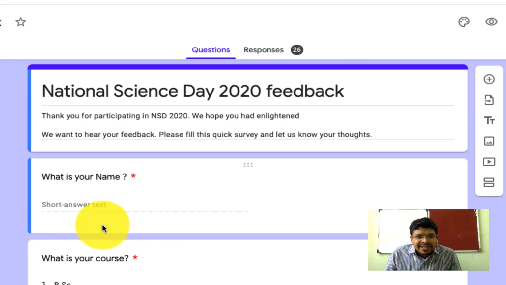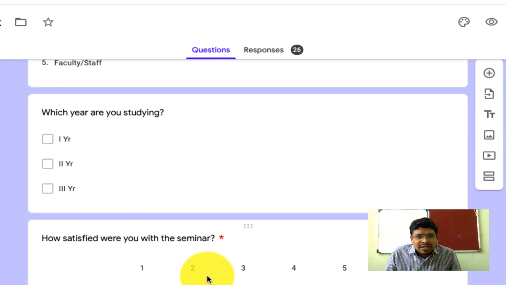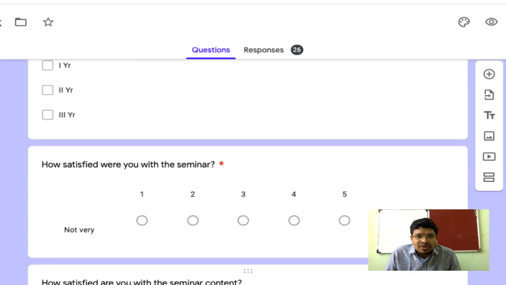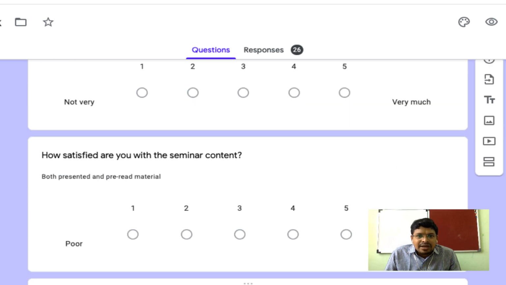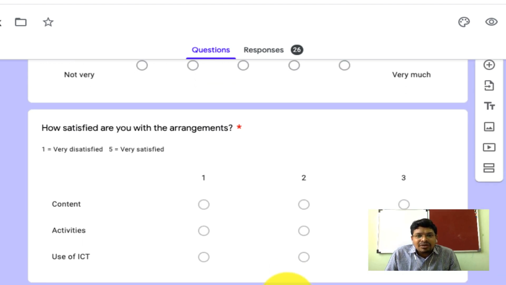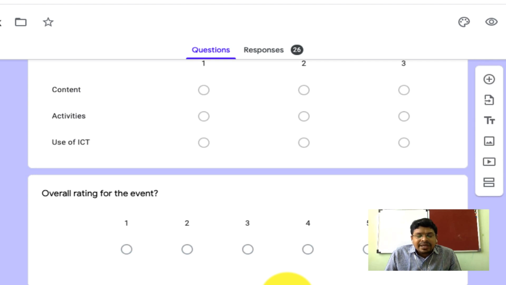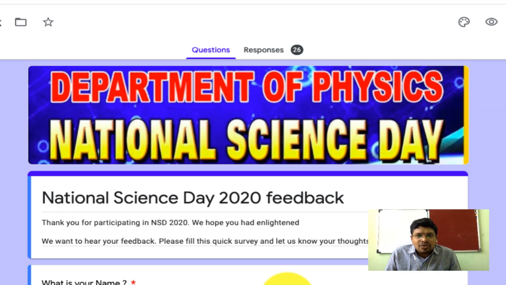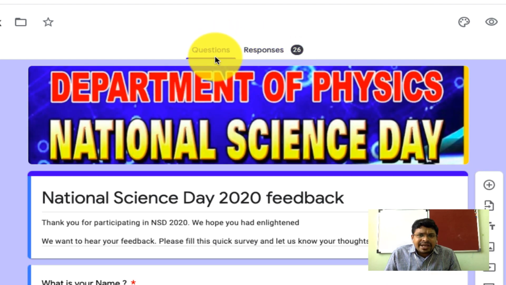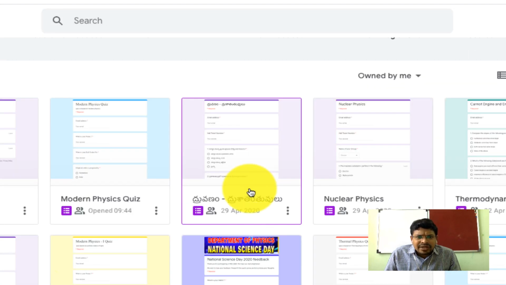We have created it like this: name, course, year you are studying, and you can give some linear scale about how satisfied you are with the seminar and the seminar content. All those things you can get by feedback through Google Forms, and these are the responses. For the current context of giving exams to the students, we don't look into that aspect.